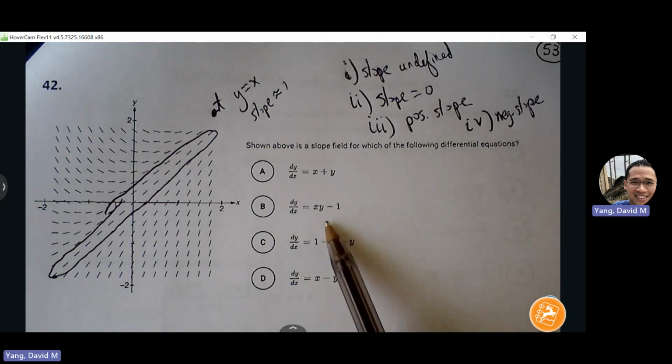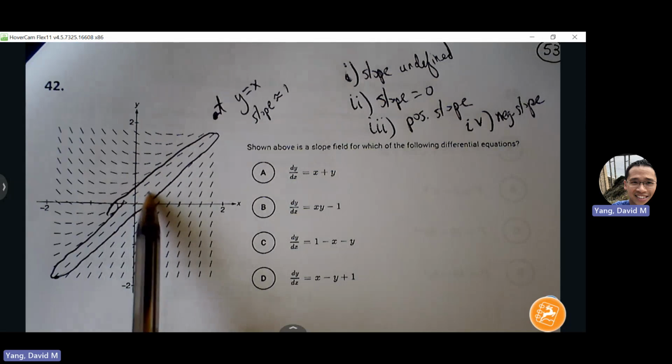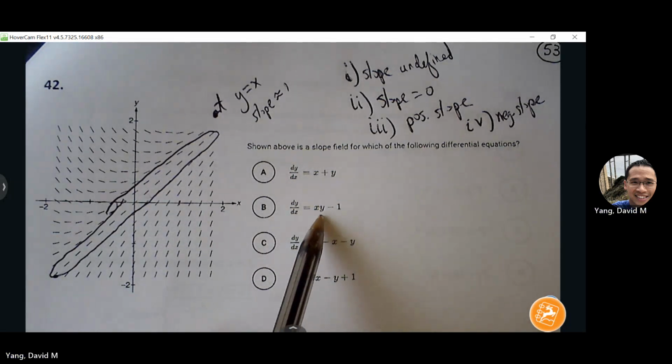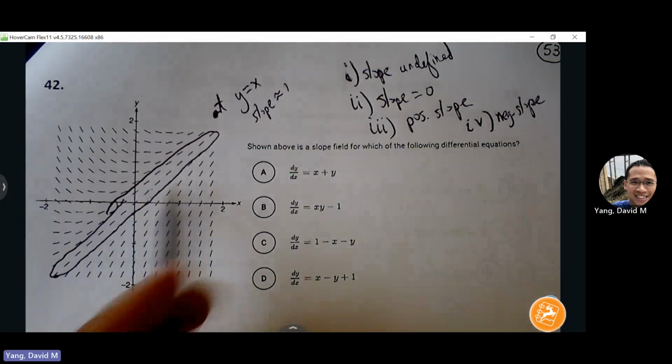And we know this can't be true here because of xy minus 1. If I chose 1, 1, I should be getting a positive slope. But if I plug 1, 1 in here, 1 times 1 is 1, 1 minus 1 is 0, and I don't see slope 0 here. So